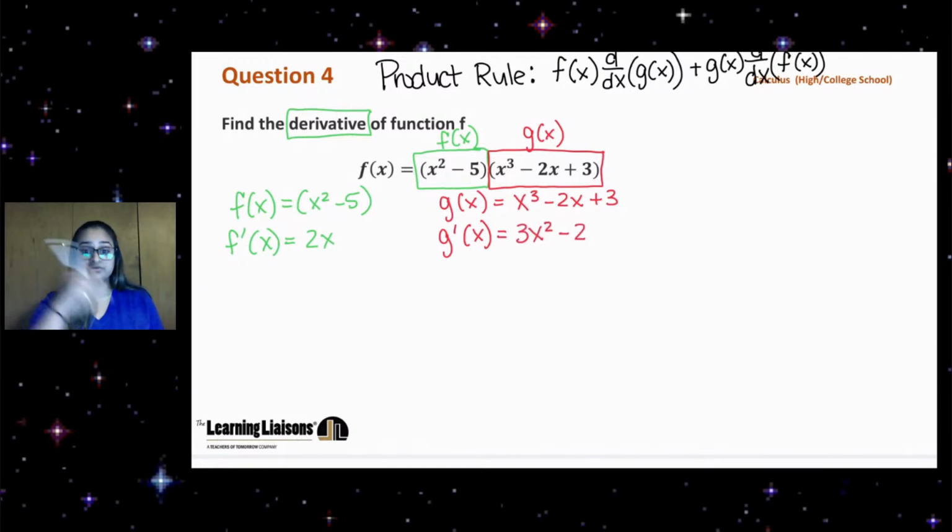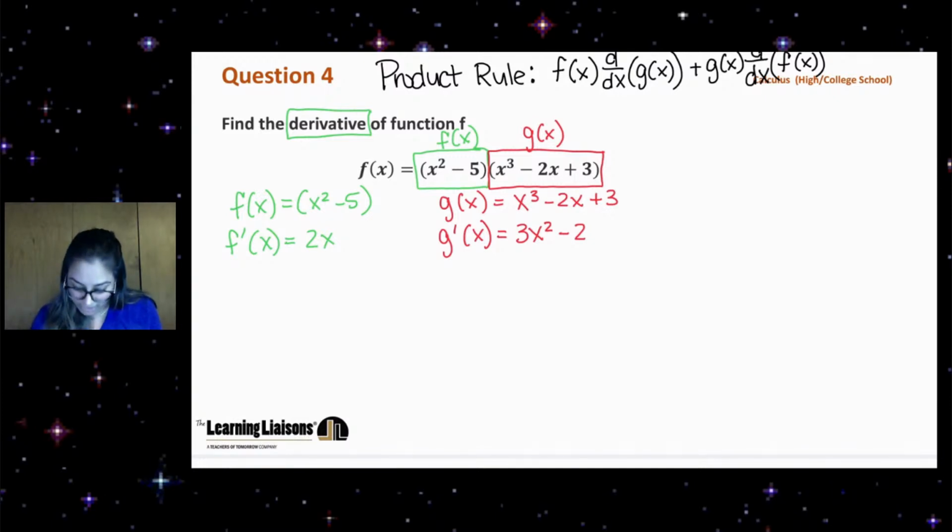Take the 3 to the front, lessen your exponent, right? And for the negative 2x, you take the 1 to the front, so negative 2 times 1 is negative 2, and you lessen your exponent, so you go from 1 to 0. So we have no x's left. So I'm going to now use this to plug into my formula that I wrote at the top, my product